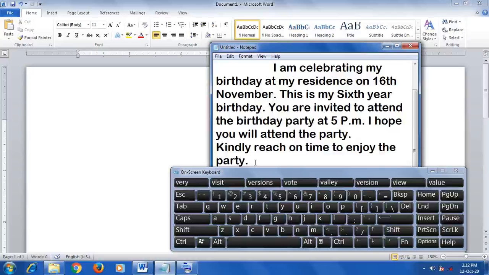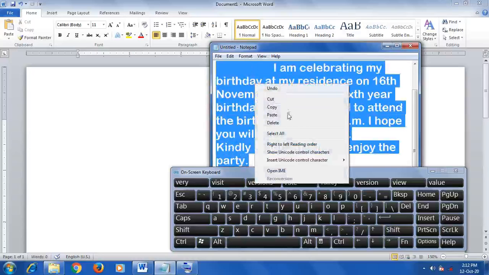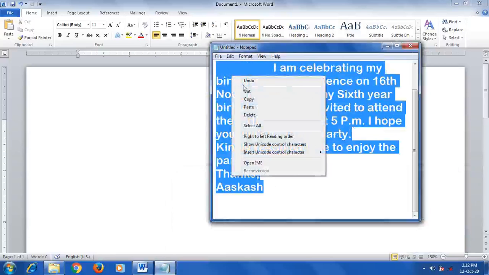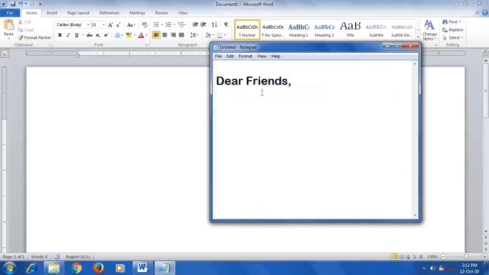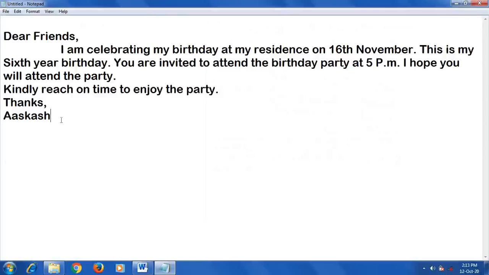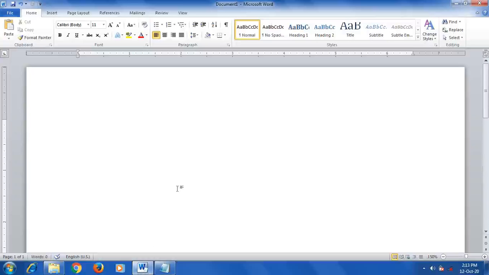Next, one more method. Select the text, right click on that selected text. So when you right click, you will get a context menu. So in this context menu, let me select all the text, right click on that selected text and select cut option from the context menu. You see one line got missed. So let us select all, right click and select cut option,